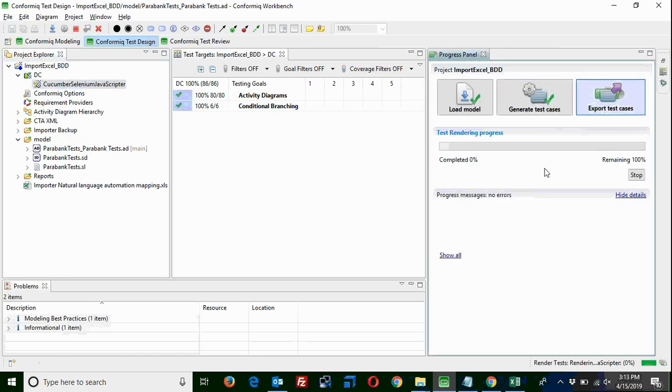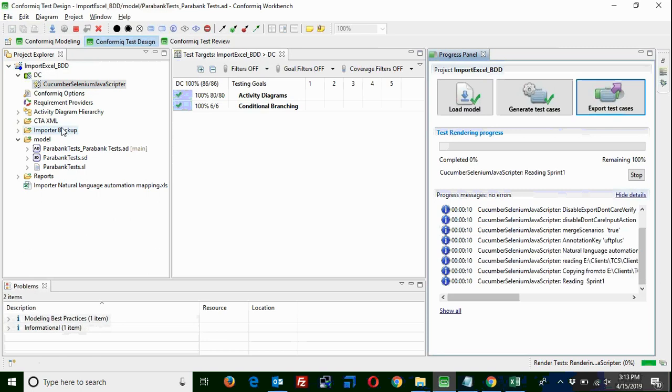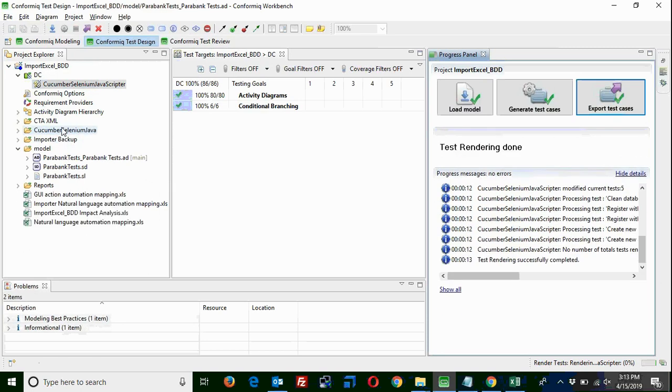Now when I click on export test cases, whatever flows I have created will be quickly converted into respective feature files, and then the runner files, all the step definitions, everything will be automatically generated in a framework here. So we are following a basic framework and the output will be in compliance with that particular framework. Having said that, if TCS is using a separate framework or the respective project is expecting the Cucumber output in a respective framework, we can customize this plugin so that the output can be in your own respective format.